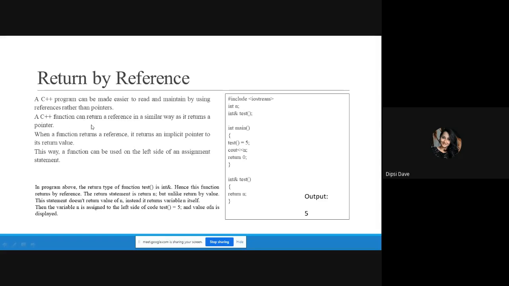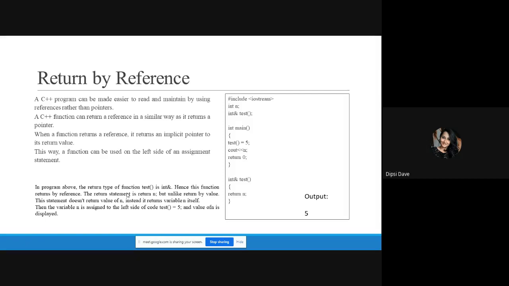So a function can return a reference in a similar way as it returns a pointer. When a function returns a reference, it returns an implicit pointer to its reference value. This way, a function can be used on the left side of an assignment statement. In this program, the return type of function test is integer ampersand.